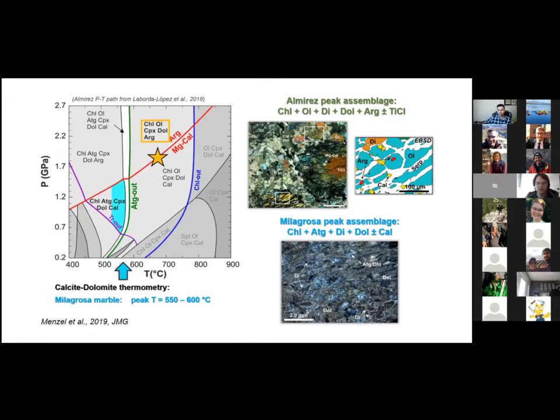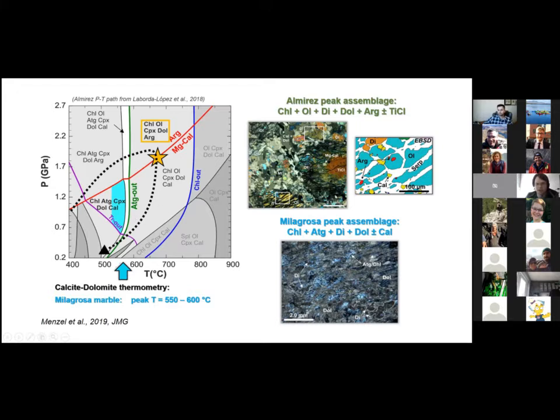From our previous study, we determined the PT conditions by the mineral assemblage. And in Almirez, we see an olivine-diopside-dolomite-titano-clinohumite rock with chlorite and with abundant aragonite inclusions, both in olivine and diopside. And this constrains the PT conditions in these PT pseudosections for meta-ophicarbonates to about 1.8 GPa at 680 degrees. And this fits nicely to the PT path that is constrained for this complex from meta-rodingites and for